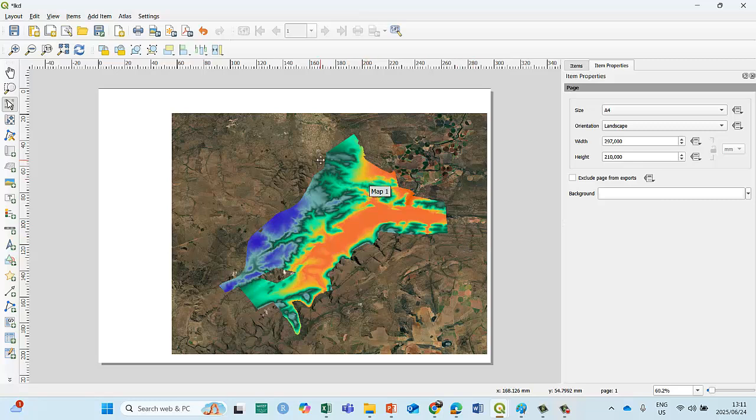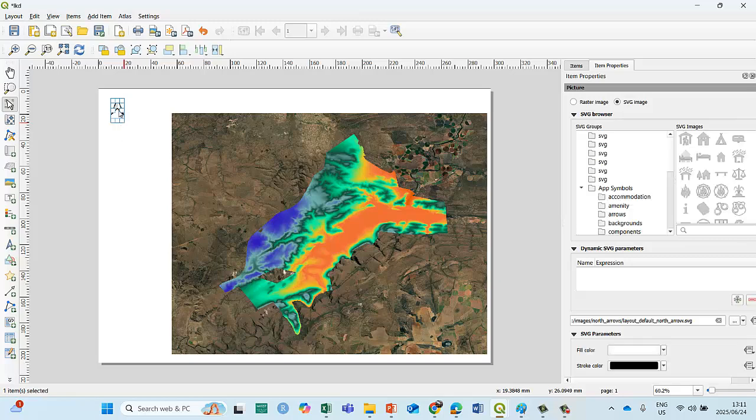Now this is what I normally do. You don't have to follow. You can do your own process flow, but this is basically what I do. I normally add the north arrow button. You left click on it, hold the left click, and you add it. Okay, so there's my north arrow. If I click on it, everything that's associated with that opens on this specific screen. So here I can do all sorts of things with it. I can change the colors, but I normally just leave it as is. If you want to be fancy, you're welcome to be fancy.